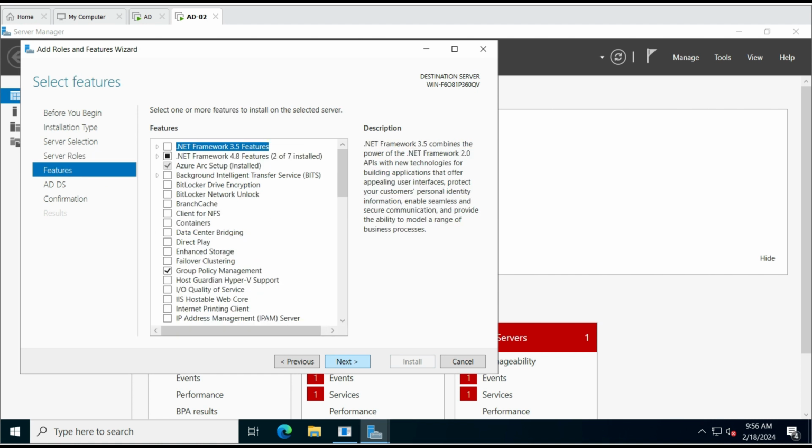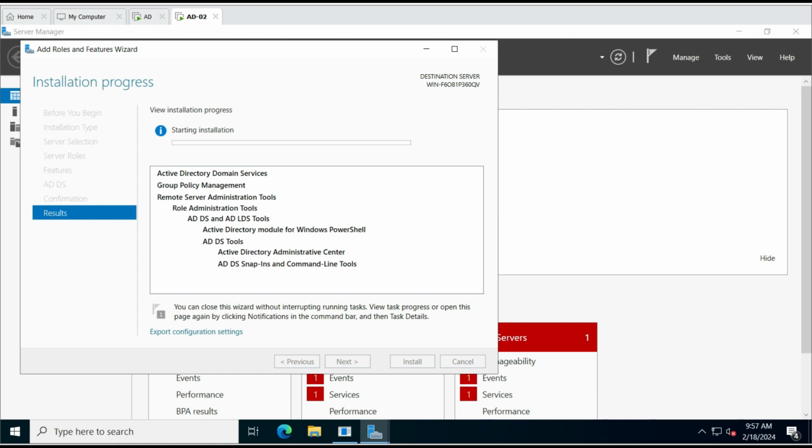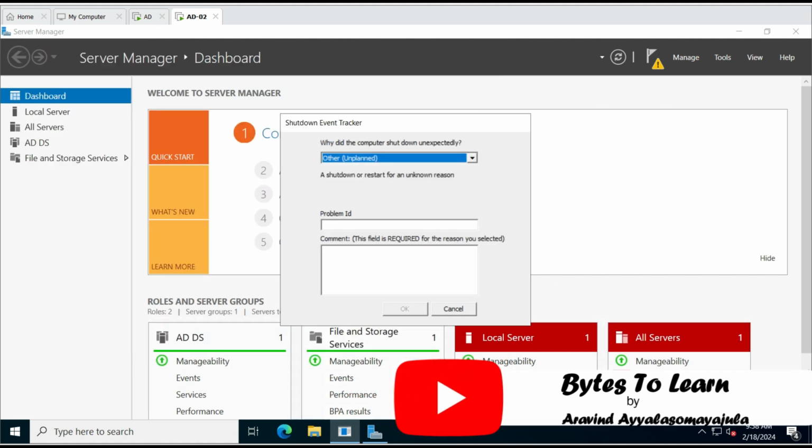Then click next, then install. Active Directory Domain Services installed. So now I'm going to do the post configuration. Click close,